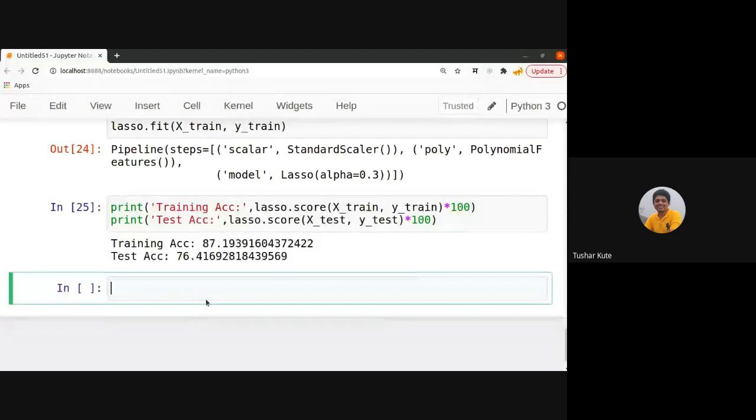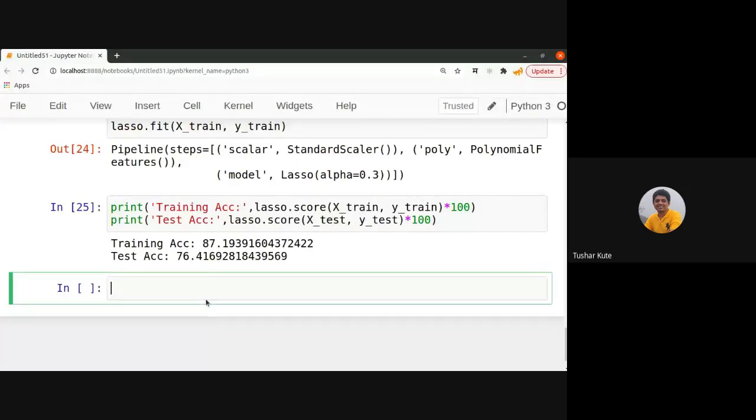Now I got the training accuracy. Training accuracy is 87% and testing accuracy is 76%. Now see, the gap between training and testing is again reduced, and the gap is now only 11%. 76 and 87.